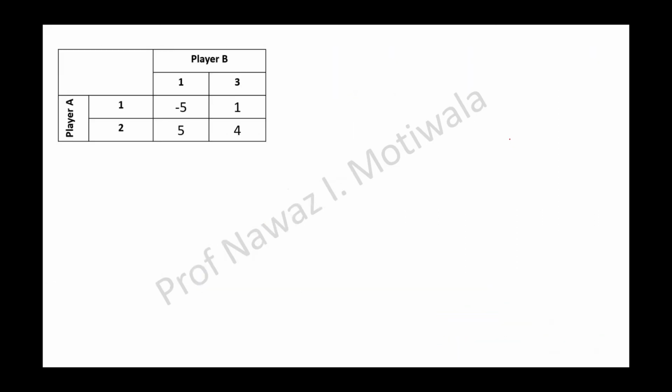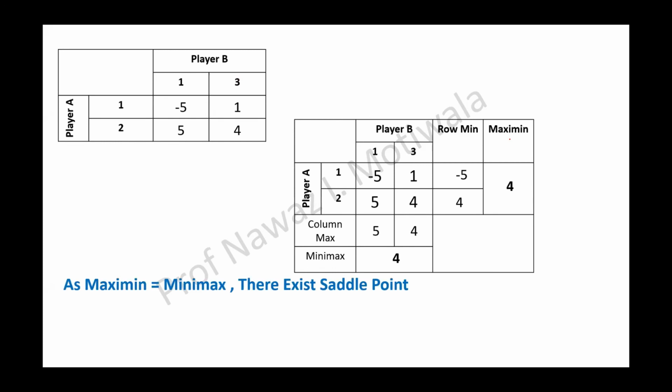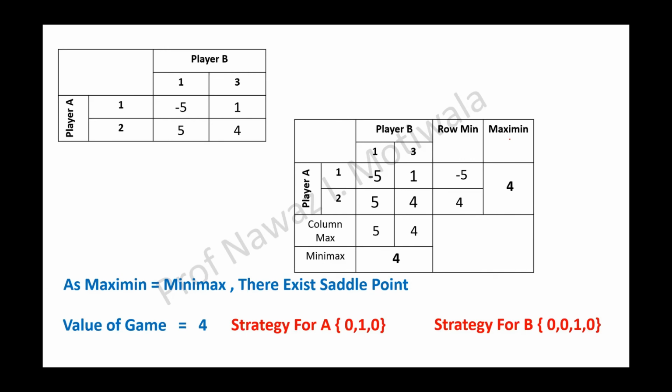So what is our regular procedure? It is like this: -5, 1, 5 and 4. I will take the row minimum, so it will be -5 and 4. The maximum of these is 4. Then the column side, 5, 4. The maximum is 4. You can again see a saddle point exists. So I will write the same answer, value of game 4, and the strategy is also the same. So you can also go by this method, but it is a lengthy method. So try to reduce. If it is not reducing, then we have no option but to go for this method. But if it is getting reduced to 1 by 1, do it there itself by using the principle of dominance.